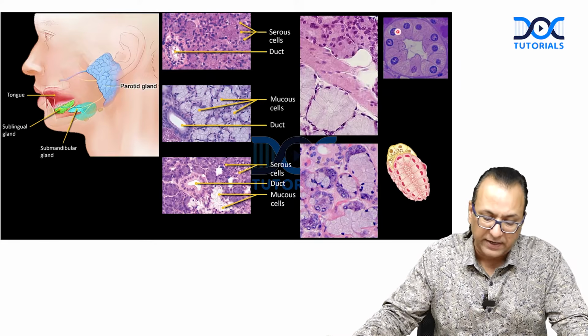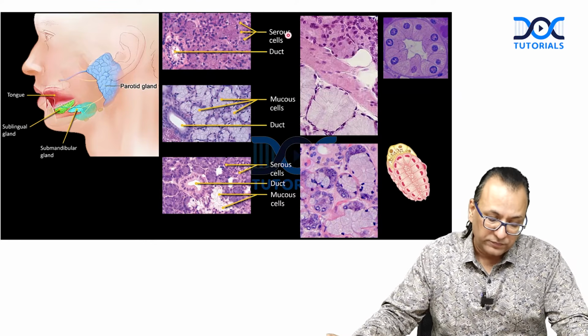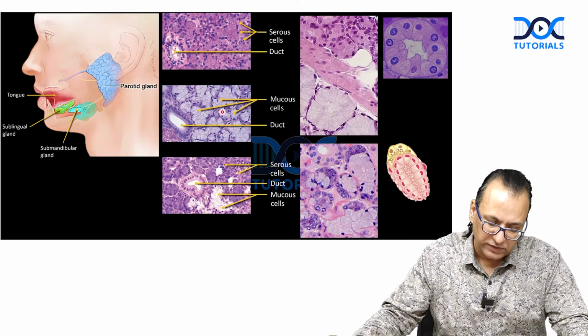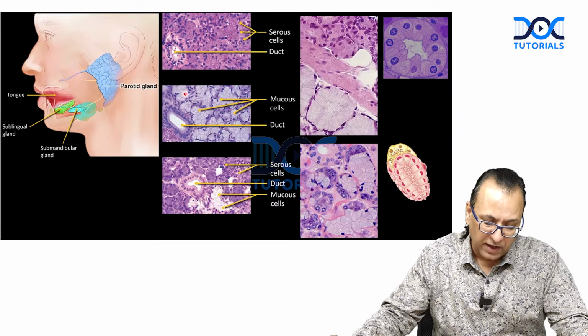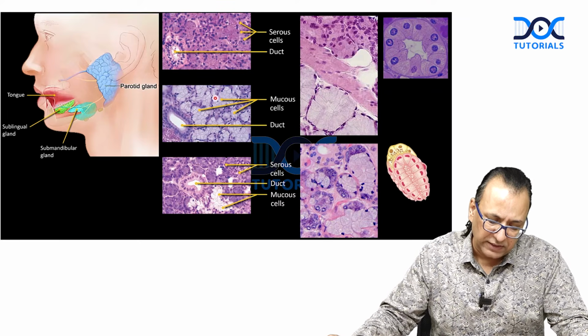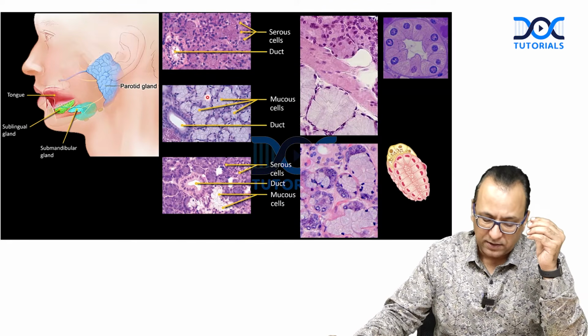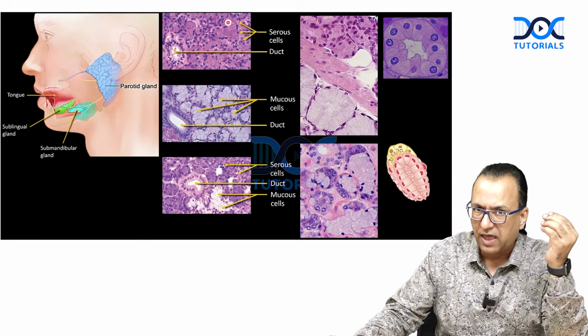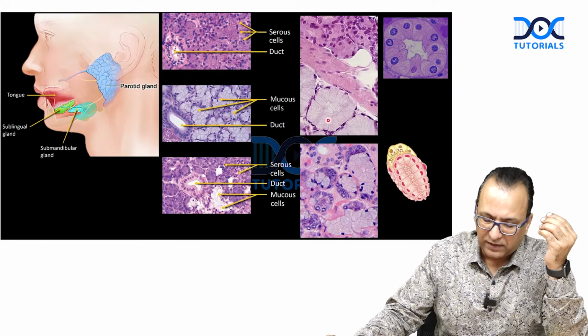of eosin, pinkish stain. Now you are comparing it with what? We are comparing serous cells with the mucinous, because mucinous cells take a lighter stain and they are not as pinkish as the serous cells. Moreover, the secretions of mucinous cells are mucinous and thick, and the serous gland secretions are thin and watery. The mucinous cells are also identified by the fact that there is so